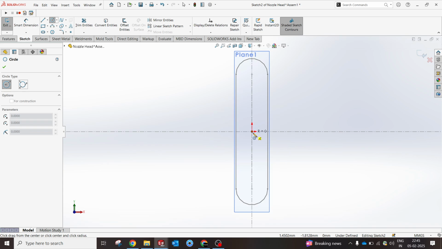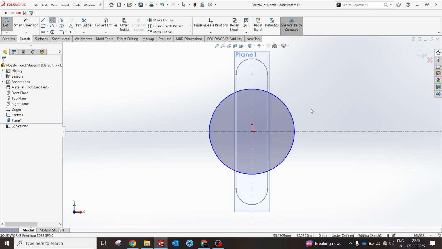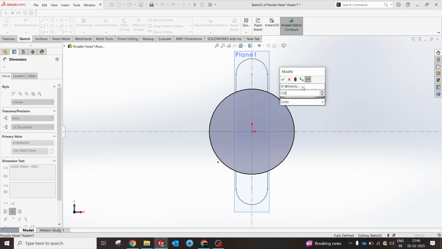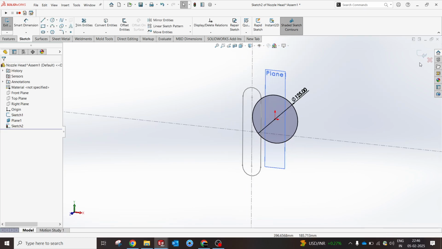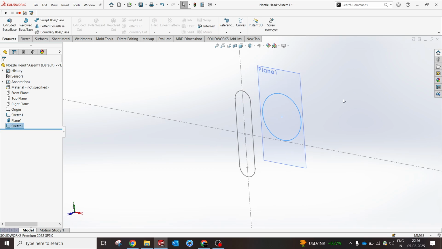Again, I'm gonna select this point. I'm gonna create a circle. So this could be my 125. Yep. So now a very simple thing. So we have two profiles. We can also do a loft or a boundary base, but we need a curve or a guide curve to